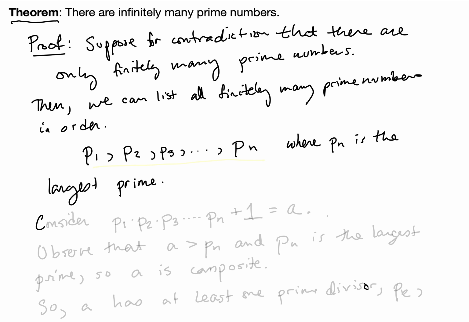Okay, let's now consider P1 times P2 times P3 times ... times Pn plus 1. So let's consider that number, and let's call it the number a. So a is equal to p1 times p2 times p3 up to pn, the product of all finitely many primes, plus 1. Observe that a is greater than pn, and since pn is the largest prime,